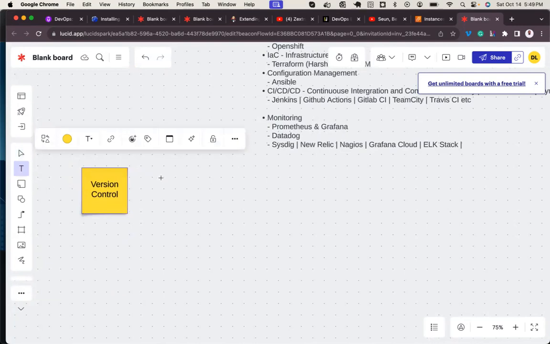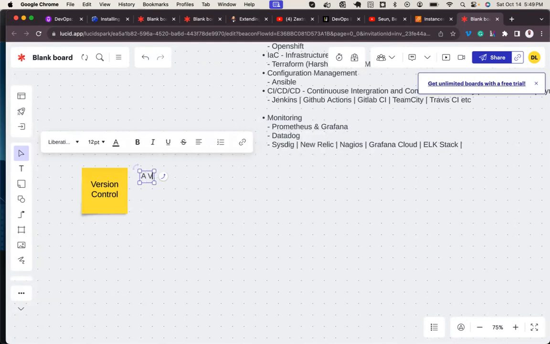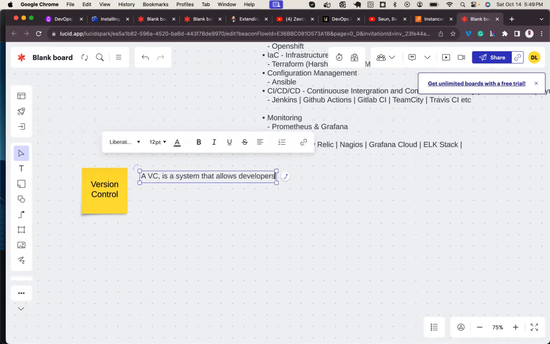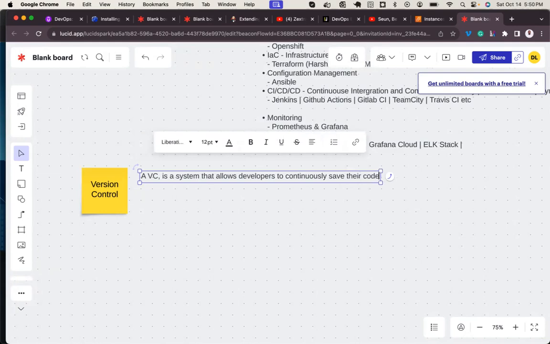A version control is a system. A VC is a system that allows developers to continuously save their codes in repositories.